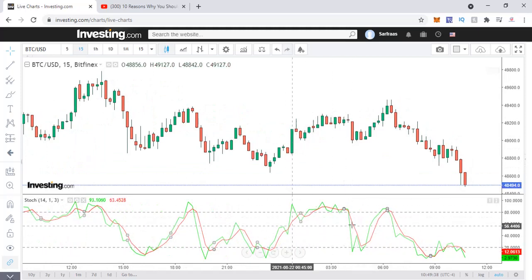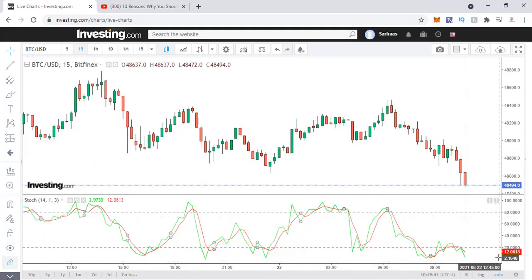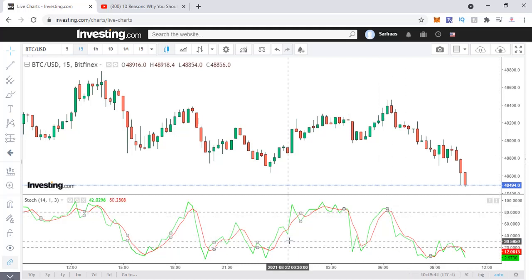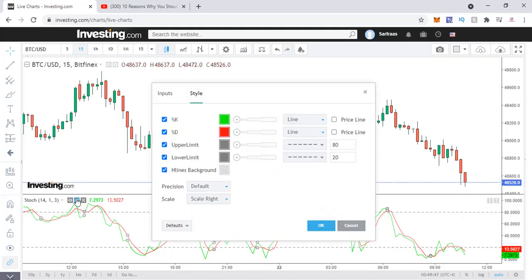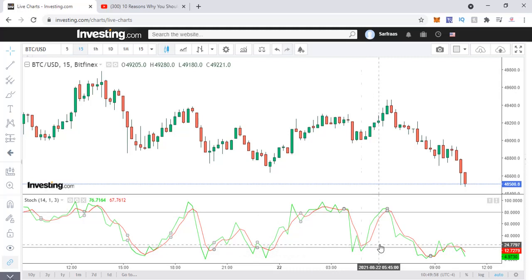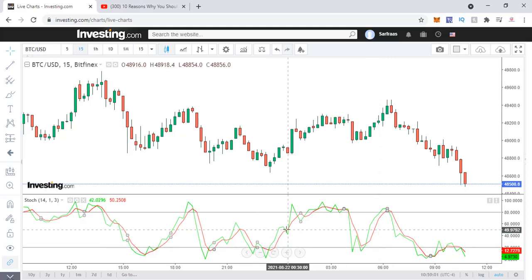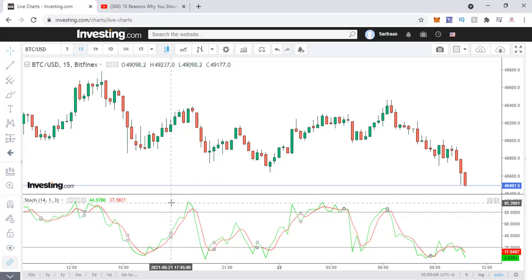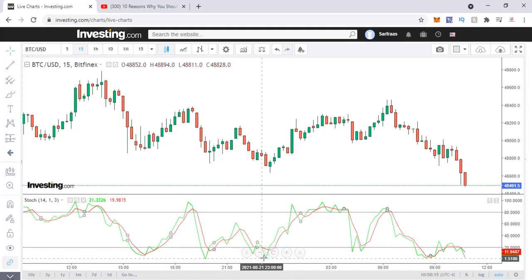Now here you can see the stochastic oscillator has a range from 0 to 100. Let's go to settings once again, and I'm going to make the dashed lines at 80 and 20 full lines, so it will be really obvious for us. You can see these are the lines at 80 and 20. So what are these lines? Basically, whenever the stochastic is above 80, the market is considered to be overbought, and when it is below 20 it is considered to be oversold.